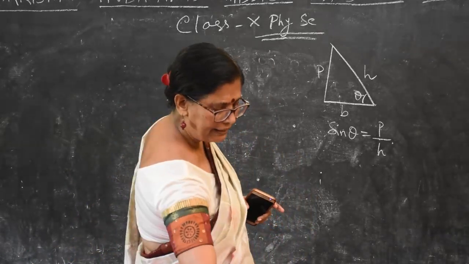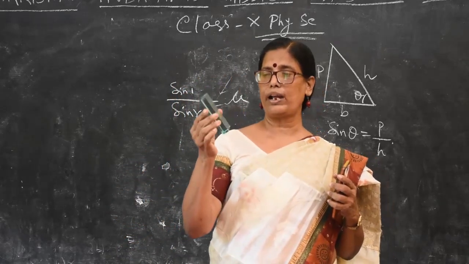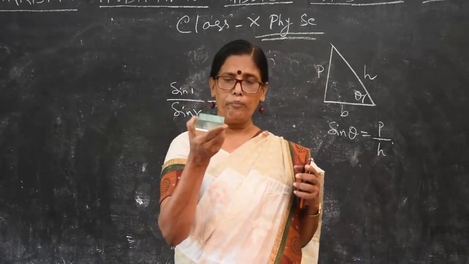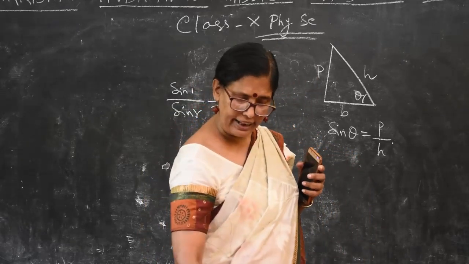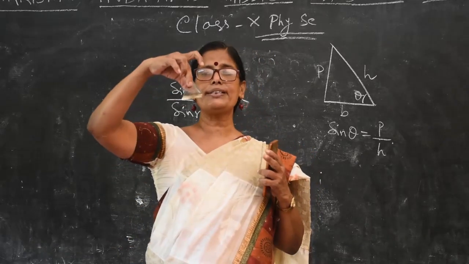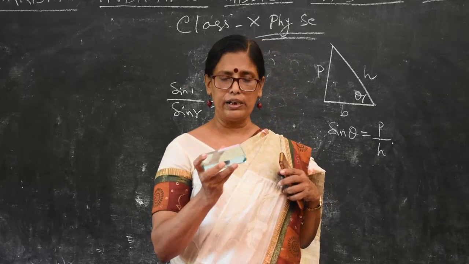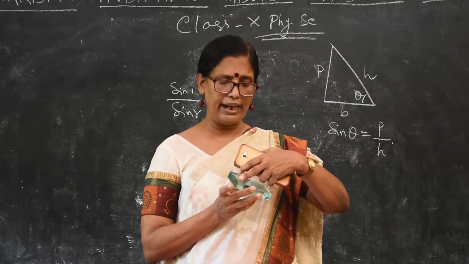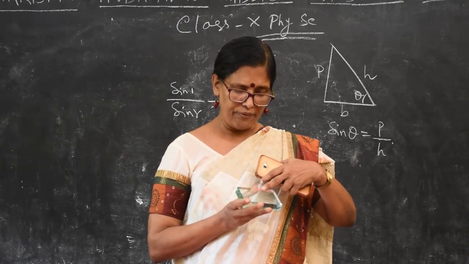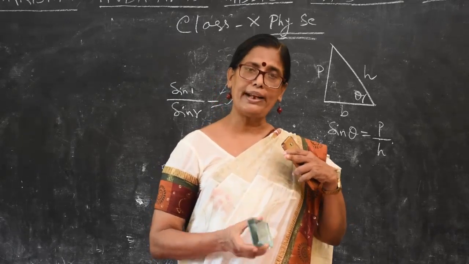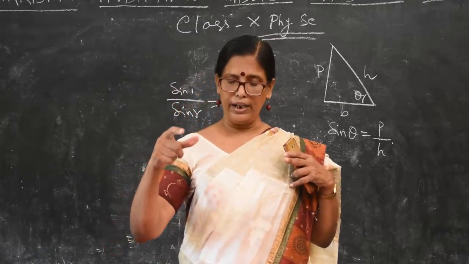See, in my hand, this is a glass block. A glass block is nothing but a rectangular glass medium. So what is the difference between refraction through this glass block and this prism? What is the main difference? In a rectangular glass block, all the sides are rectangles. So the refraction through it follows a pattern: for a parallel incident ray, there is a parallel refracted ray.